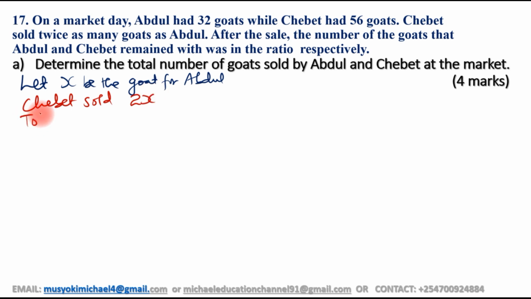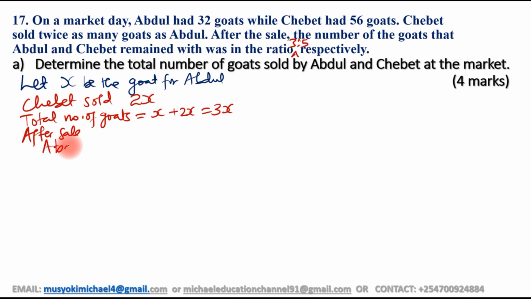So the total number of goats Abdul sold is X, and Chebet 2X, which will amount to 3X goats. After the sale, the number of goats that Abdul and Chebet remained with were in the ratio 3:5, and therefore we say that after the sale,